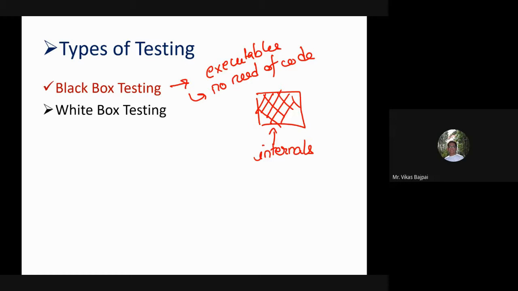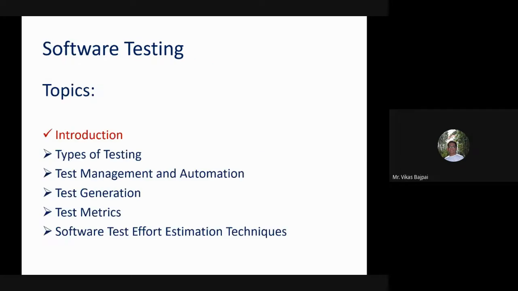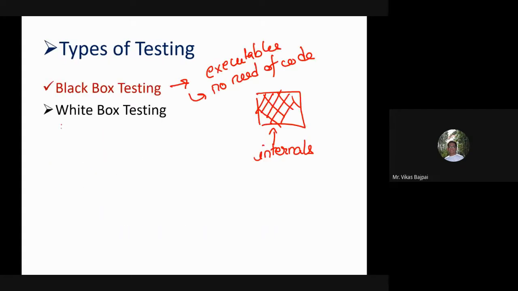Now, in today's discussion, we are going to talk about white box testing. Yes, and this white box testing is also called glass box testing. The reason is that this time I am able to see what is inside this box.